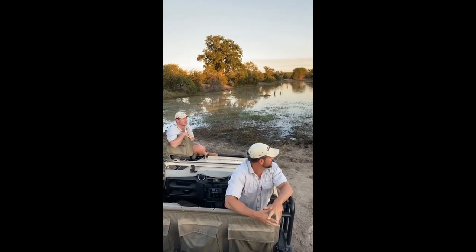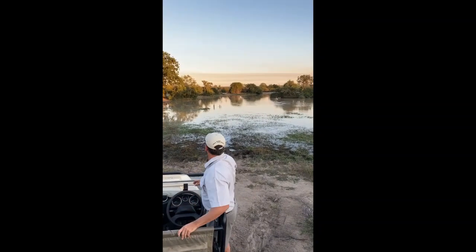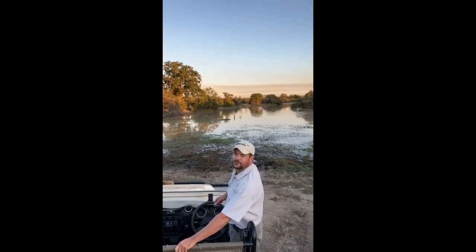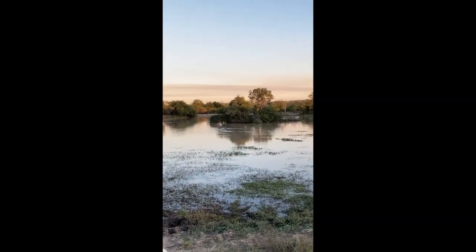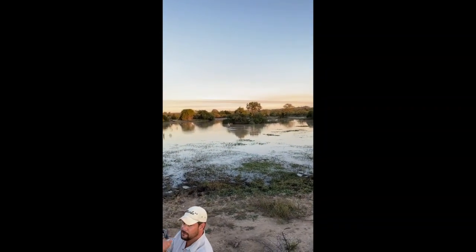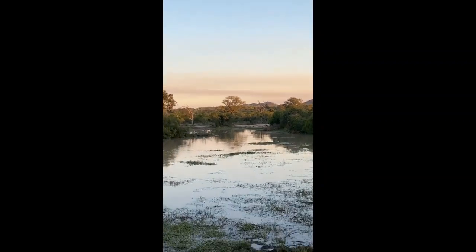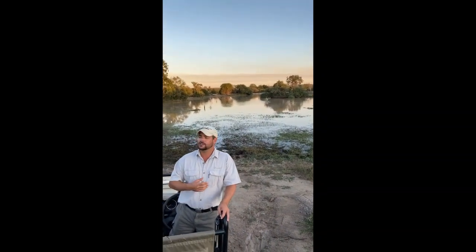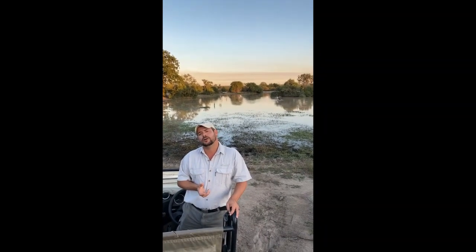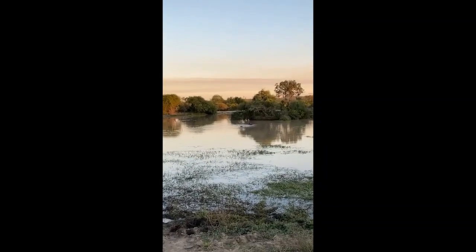So we've brought you here to one of my favorite dams, a little bit of a scenic spot. Beautiful afternoon light, and as you can see in the distance there are the hills of Ulusaba Rock Lodge. We're quite a way away from the lodge, but it's just such an incredibly active spot. We've got constant movement of game backwards and forwards, especially now that it's drying out in the bush. A lot of the smaller water holes have evaporated, they've lost water,